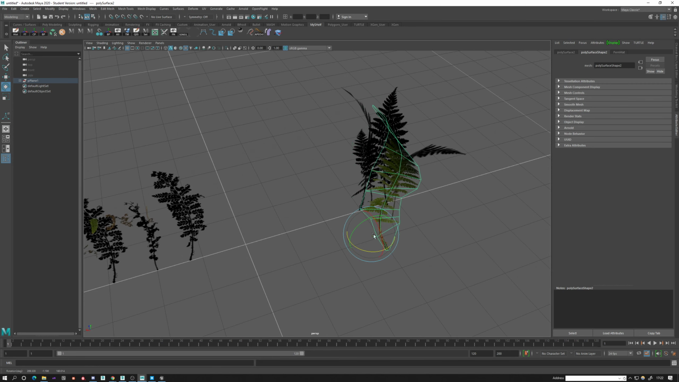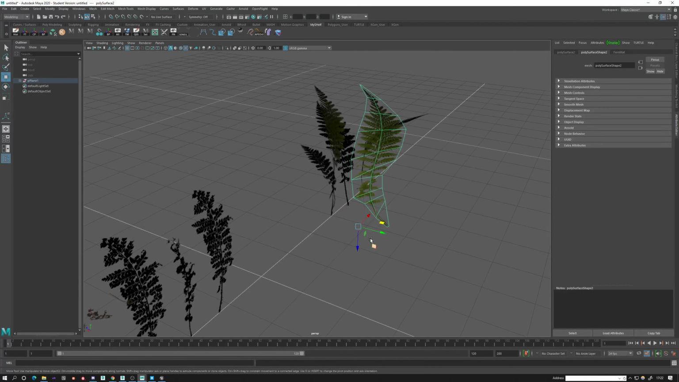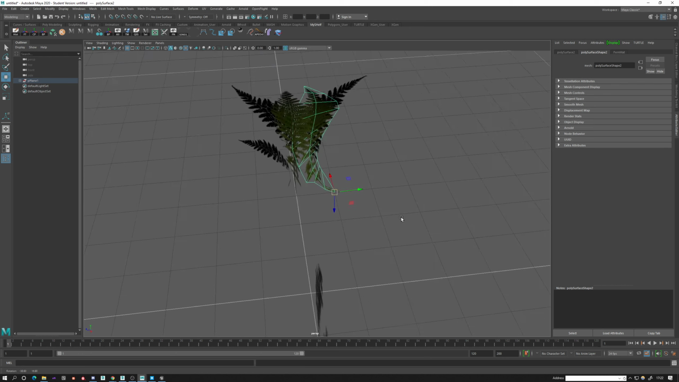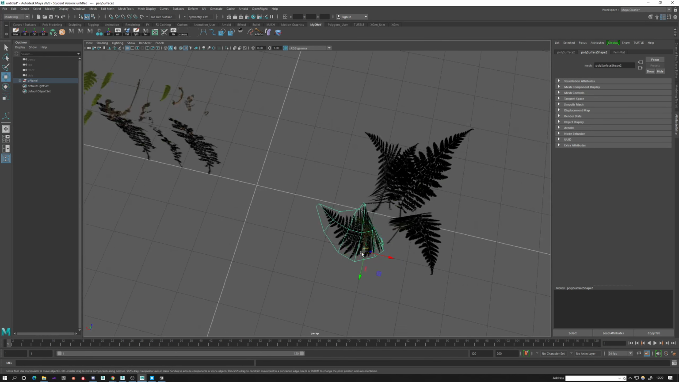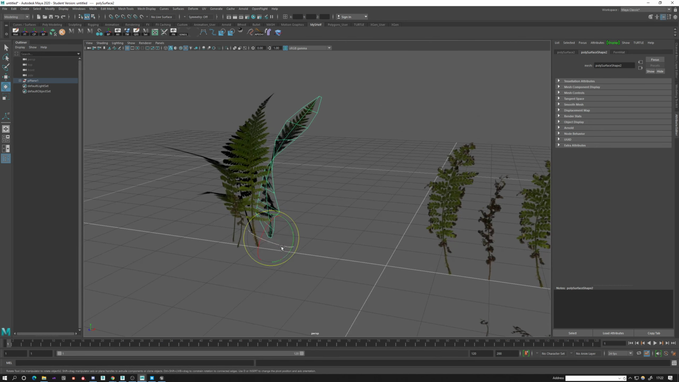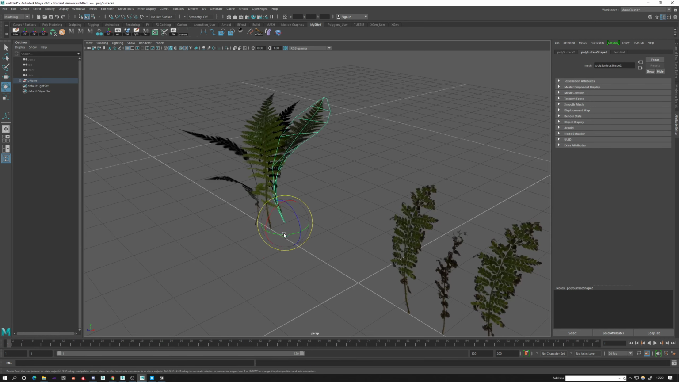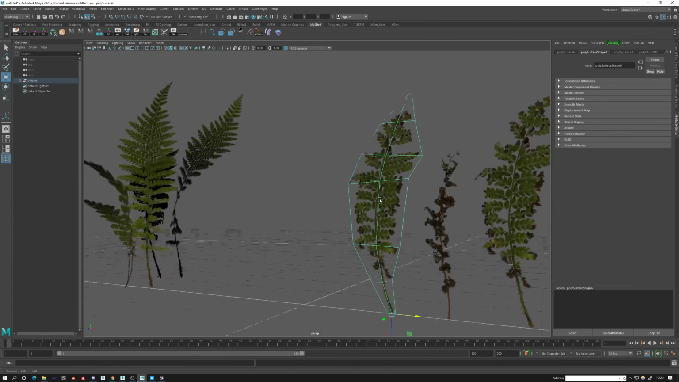I'm just gonna try to give it a look. Also the pivot point is important. Just move it in the right position. And I think they can intersect a little bit, that's fine. Again, freeze the transformations. And we can also